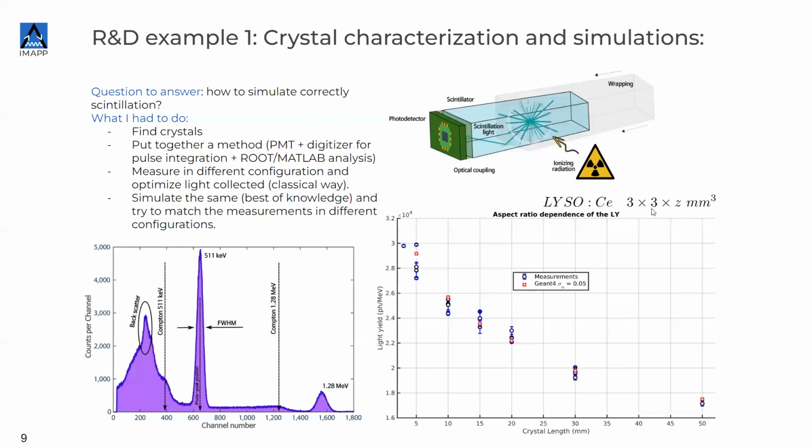The trick there was really to try to match simulations with all these lengths so that we had more leverage on the parameters that we had in the simulation. So I had many crystals, I characterized them all, I put them in the simulation, and then I nicely matched with this parameter, which is sigma alpha, which you don't know what it is, but it doesn't matter. By changing this parameter I matched the measurement with the simulation, and then I had my nice tool which I could use to do other studies, which could explore a wider spectrum of parameters.